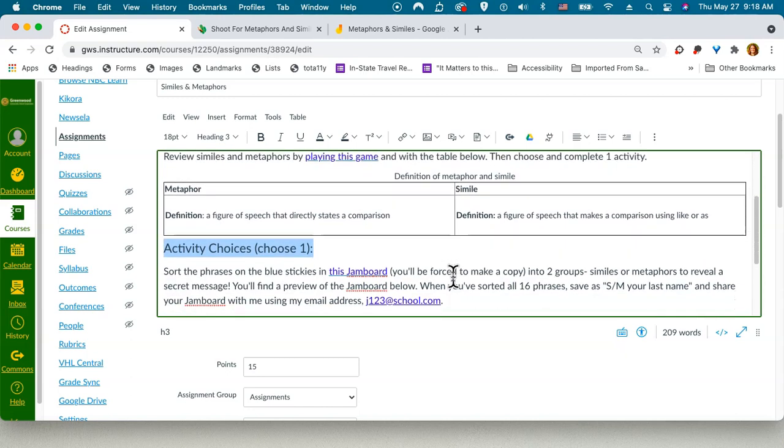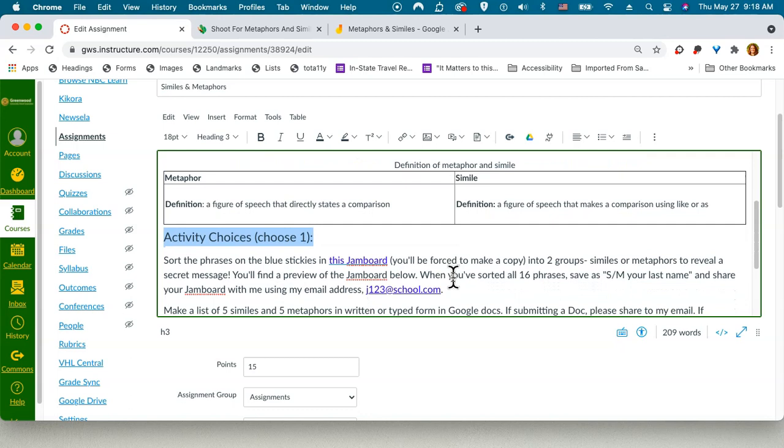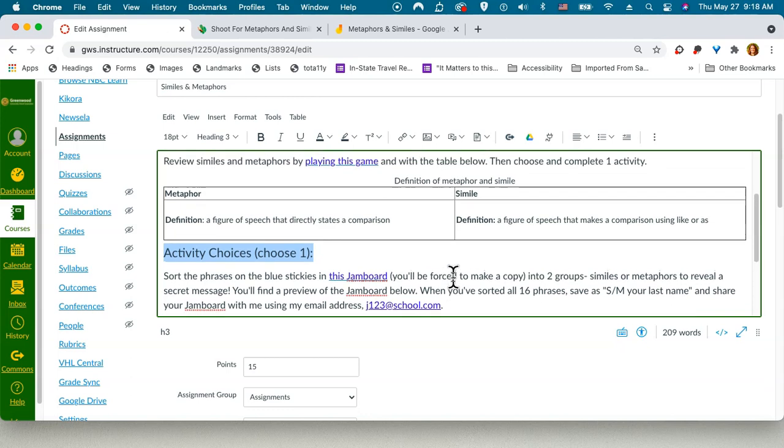If in a hypothetical assignment, for instance, activity choices were a section in addition to another set of instructions, I might make them both heading level 2. It's okay to repeat heading levels. Just remember, we don't want to skip any heading levels. Again, in this case, activity choices is part of the instructions, so I'm choosing heading 3.